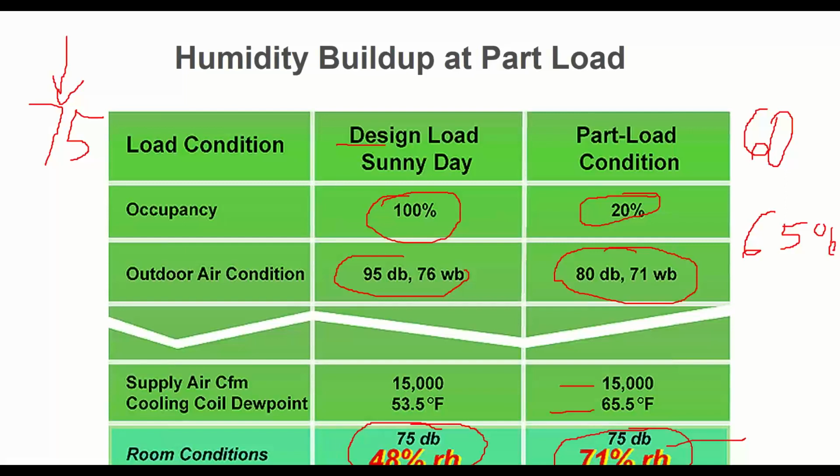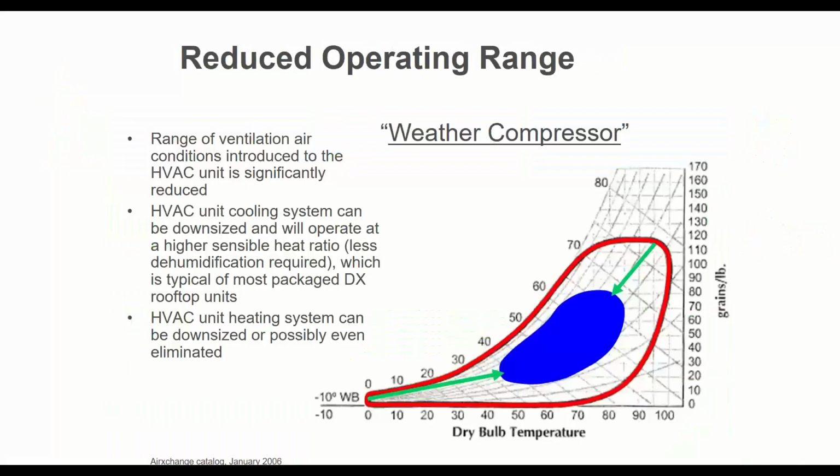Yeah, it's cool because you jacked it down, but if you don't jack it down, it's humid. An ERV is going to help a lot with that. I mean, it's not going to help with you oversizing the equipment side of the equation, but it's going to help with the fact that the outside air conditions are one of the biggest challenges in the humidity control of the building. Your air handling system, and rooftops are even more challenged than like a chilled water, hot water air handler,